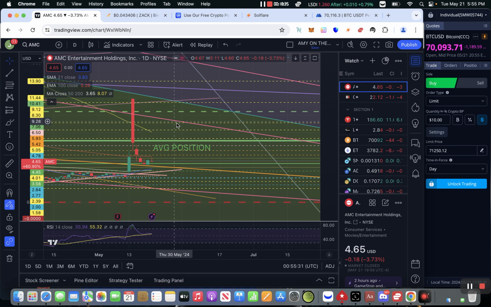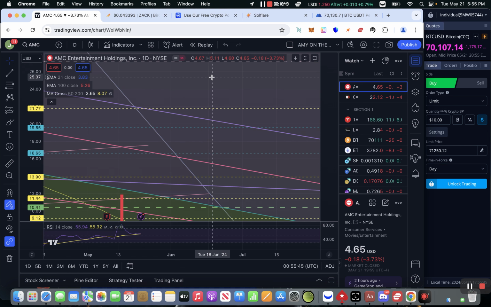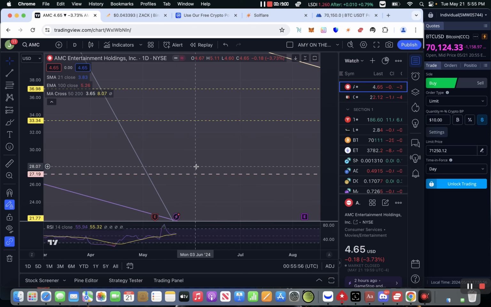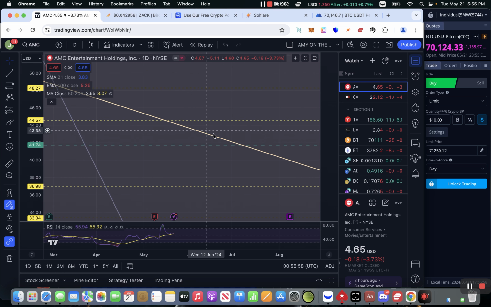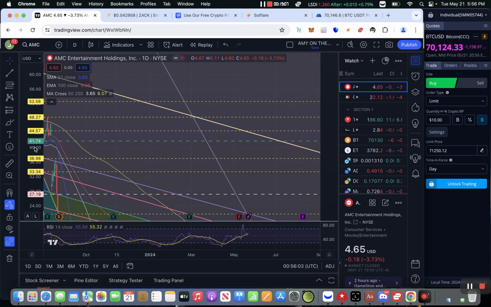It might go right here. It might do this price action, whatever it is, like this. And then when it gets to this point, it's going to gap up. I'm not sure what price target I'm looking at yet, but these fractals here are important as well. Purple, rose, purple. I have another one here, I think. This one right here, this kind of cream color. Those are important fractals as well.